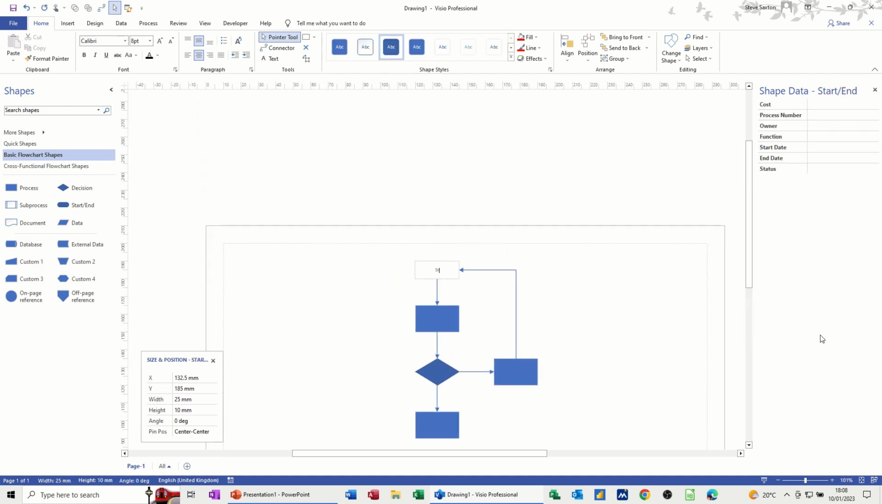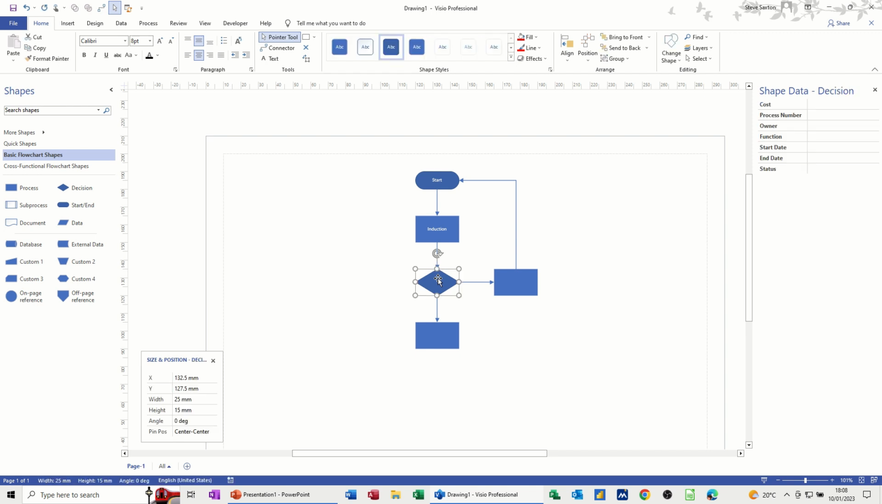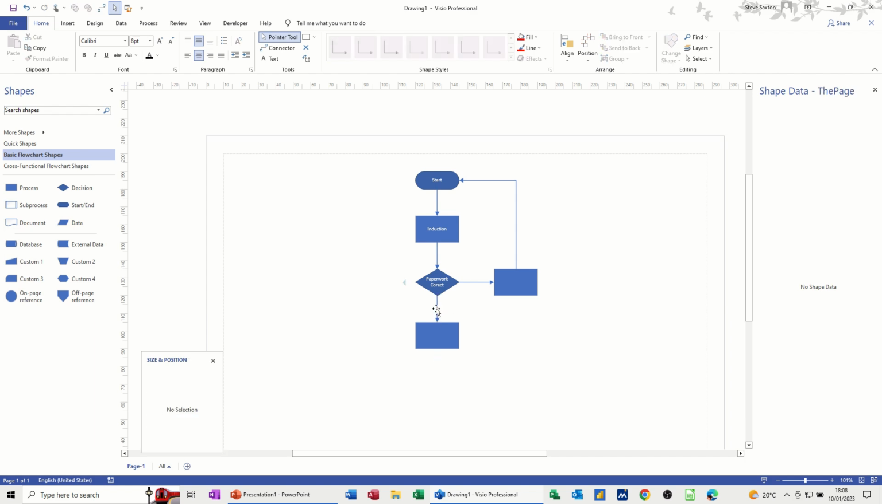We'll have start. Let's start the process. And this can be induction, and then this diamond shape is a decision really, so I'll call this paperwork correct. Paperwork correct, yes. Double clicking on this line, yes. Double click on that line, yes. You carry on down through the process. No, you go this way and